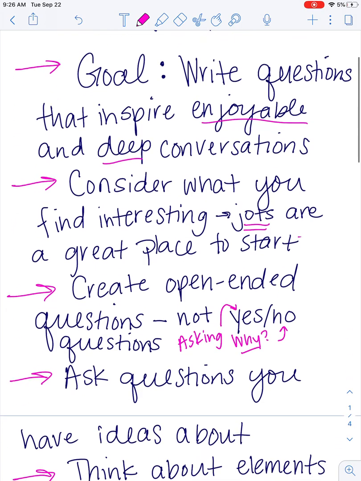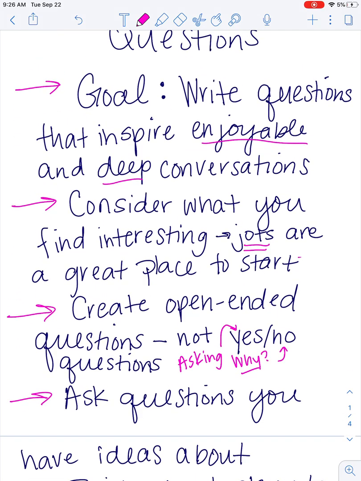All right, next one, you want to ask questions that you have ideas about. So what you don't want to do is just find what you think is a really Englishy sounding question and ask it because you think, oh, this is a smart sounding question. No, that's not going to work. So for instance, it would not be a good idea to ask, how does figurative language affect your understanding of the story if you have not noticed any figurative language in the story?